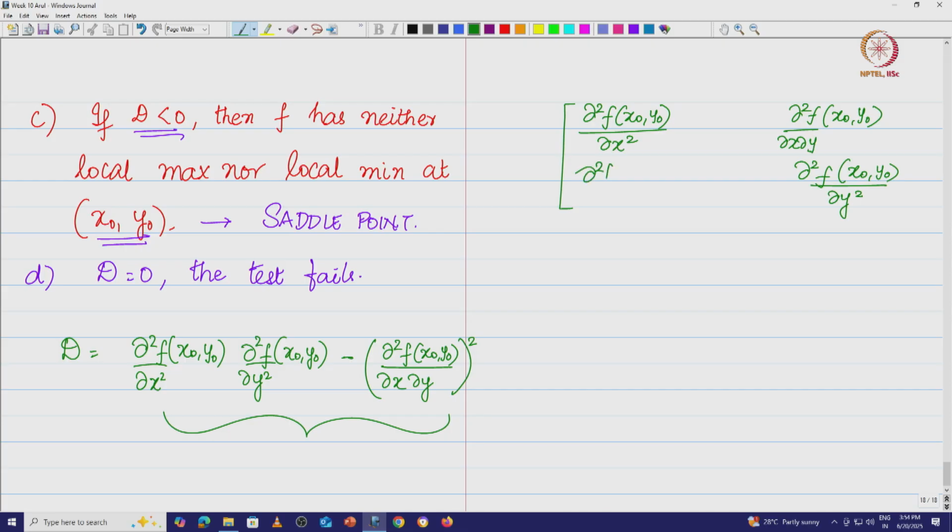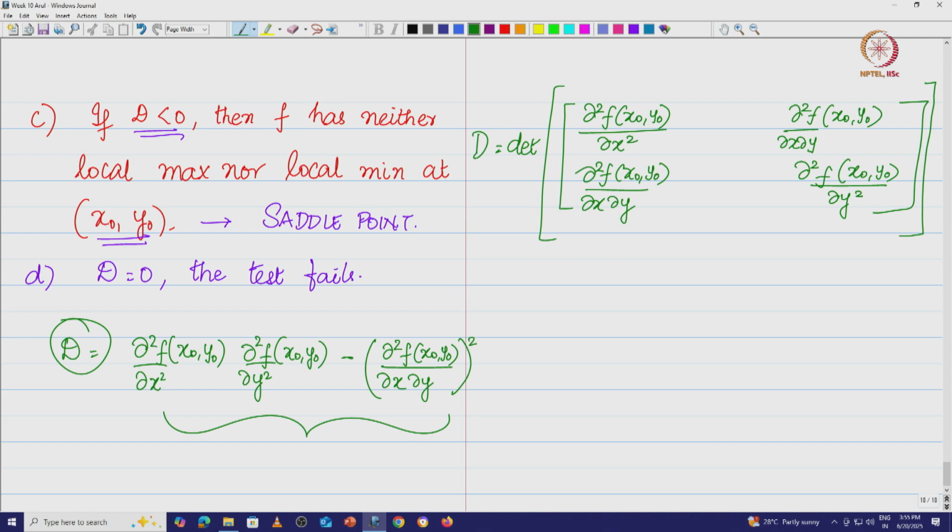So, I am going to write this as ∂²f of (x naught, y naught) divided by ∂x ∂y. Now, what is this matrix? We have seen this matrix already. Yes, that is basically the Hessian matrix, whose determinant is basically D. So, we are going to say D is equal to the determinant of the Hessian. So, you see that the Hessian comes into the picture now. In the second derivative test, the Hessian is already there.